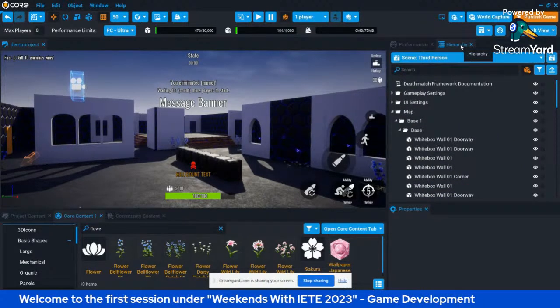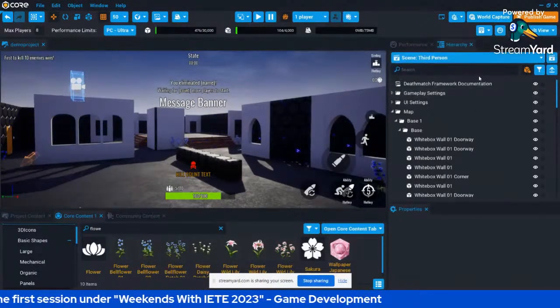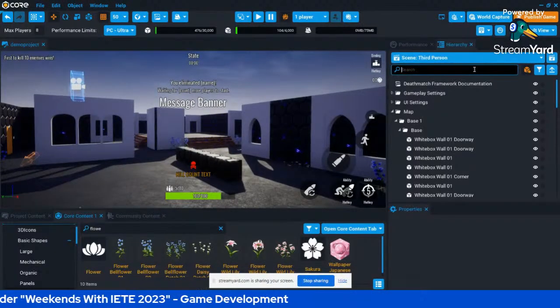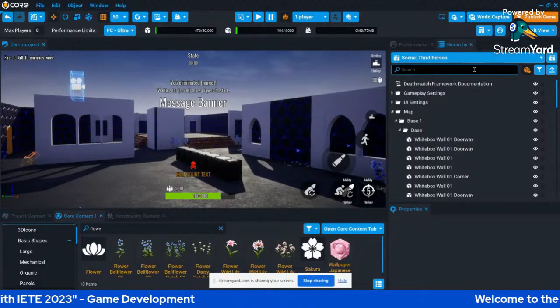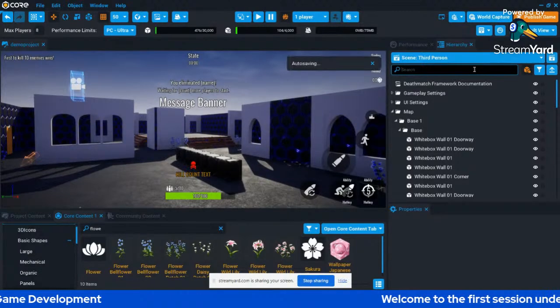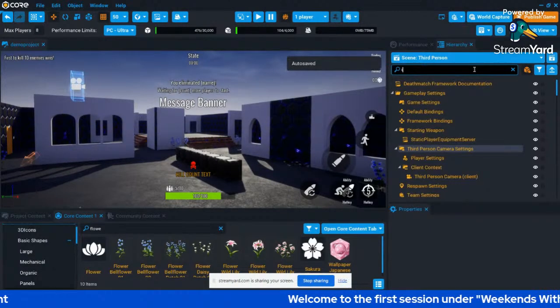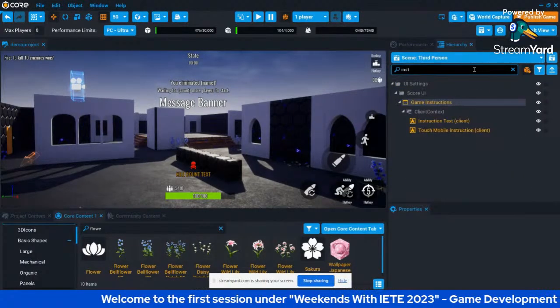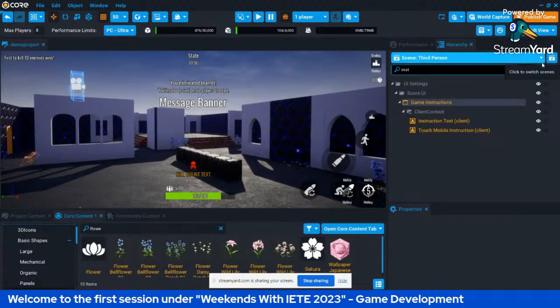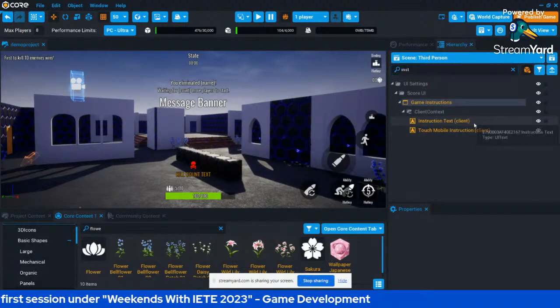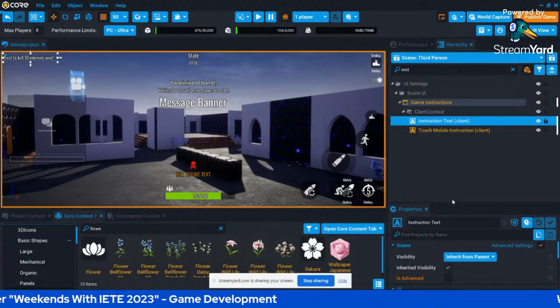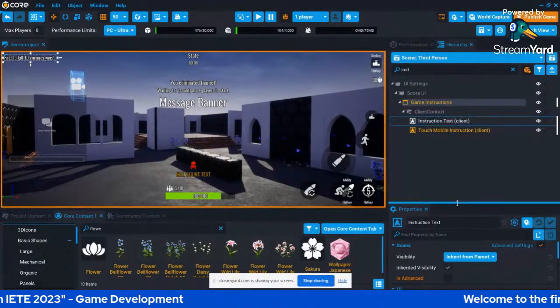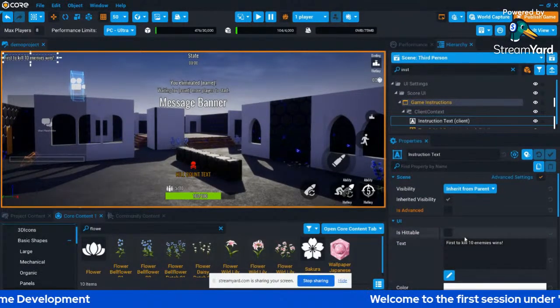Now to change the UI, that is user interface, whatever you want your user and your player to see on the screen in the form of a message, you can change it by writing the instruction text. Now can you see, this is the instruction for your client that you can change or edit.